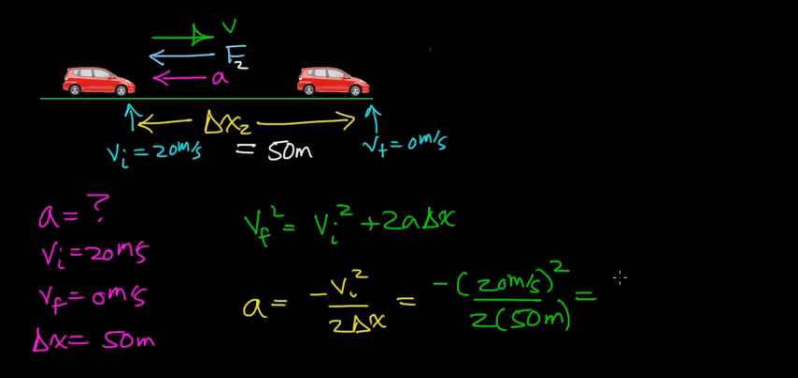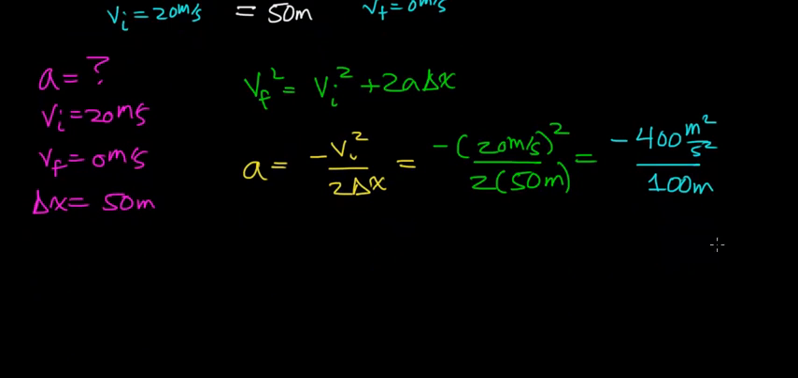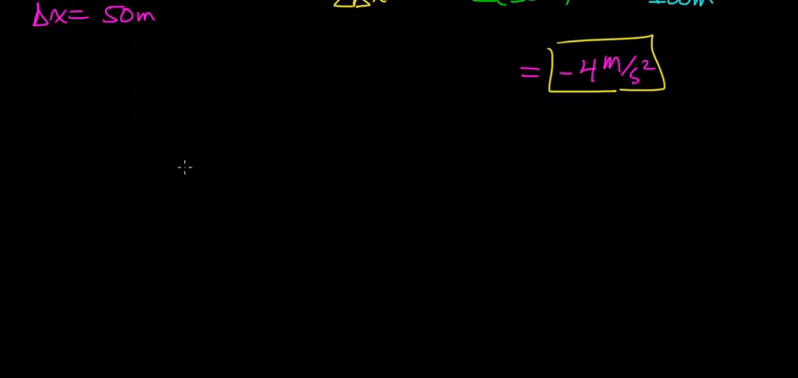So this will work out to be minus 400 meters squared per second squared divided by 2 times 50, which works out to be 100 meters. And when you divide negative 400 meters squared per second squared by 100 meters, you get minus 4 meters per second squared. And that's going to be how fast the car has to slow down in a shorter distance. Notice the acceleration is greater because the car is going to have to come to a stop in a much shorter distance. Now to figure out the force required to stop this car, we're going to use Newton's second law again,